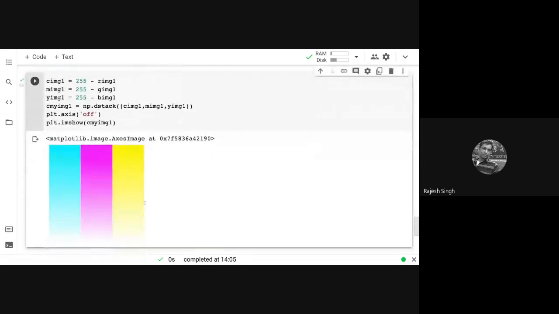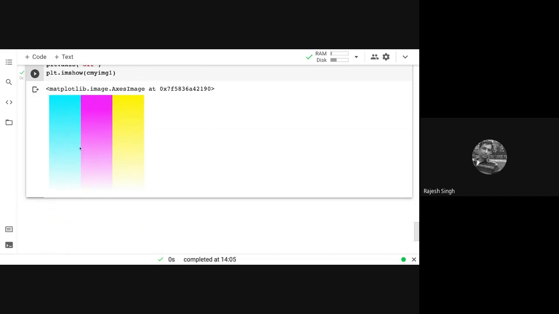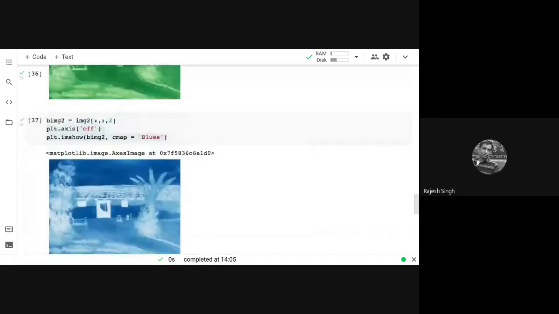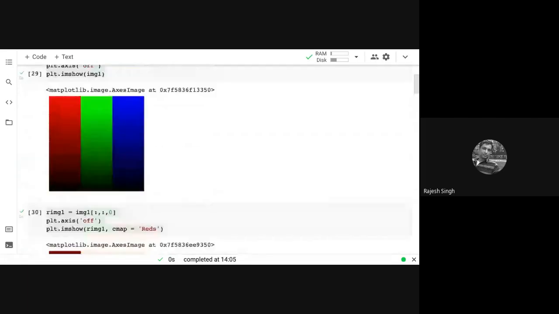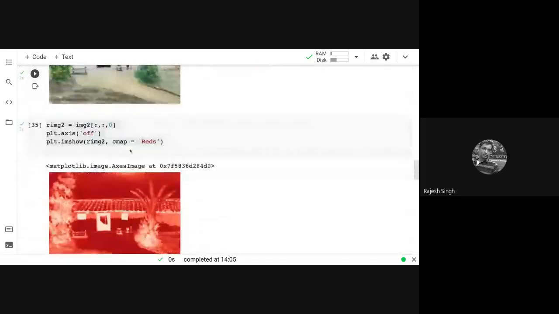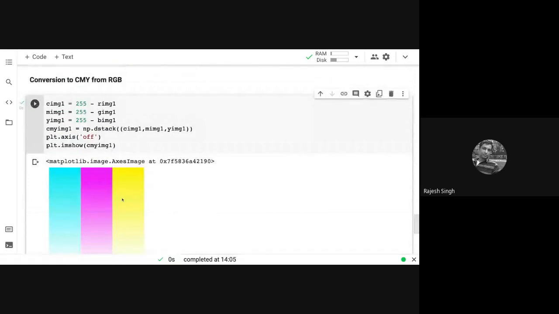Yeah, here it is. So what you get is a cyan of this, magenta here, and yellow. If you want to refer to your original, you can see the original is here. So on a color wheel, they are opposite colors. So they all appear. Yeah. So that is how you can convert from one system to another.